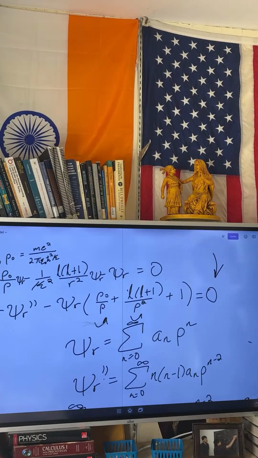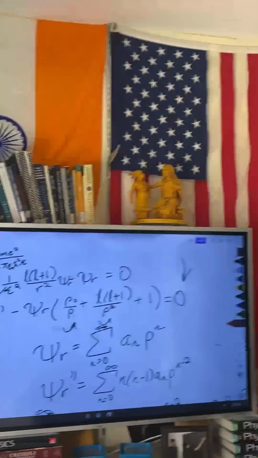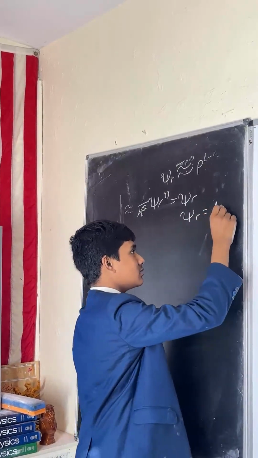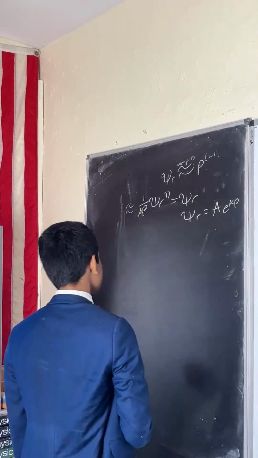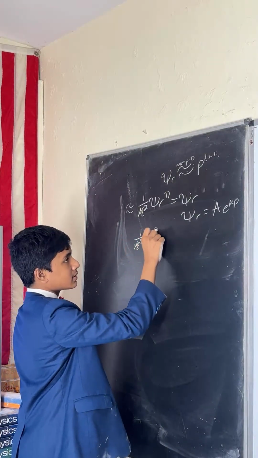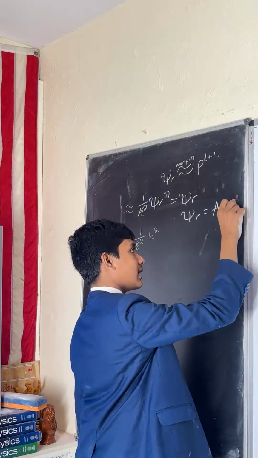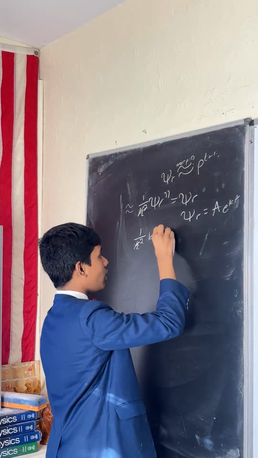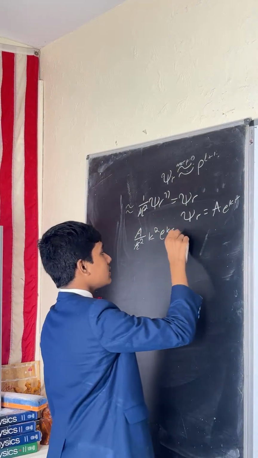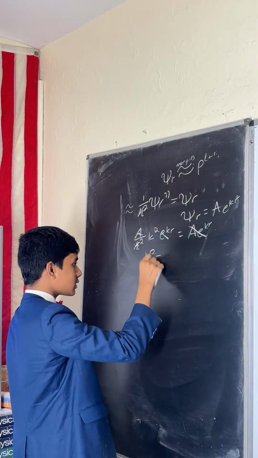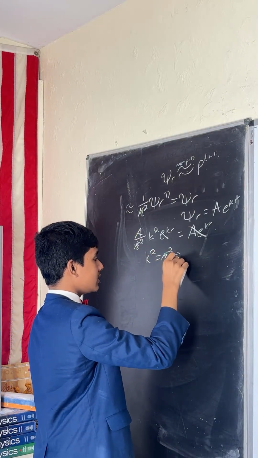Remember, this is an approximation as rho approaches infinity. Then, this is definitely just an exponential solution. So we pick the ansatz psi r is equal to A e to the k rho. Not necessarily the same k as before. And we get 1 over kappa squared k squared e to the k r multiplied by A is equal to A e to the k r, which implies that k squared is equal to kappa squared, and so that k is